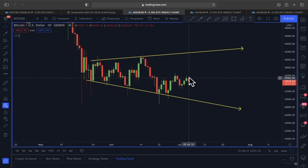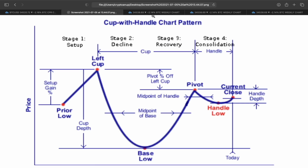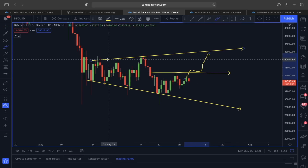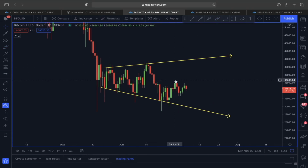So now you can see if this is to play out to the upside, then first what we want is this 35,500 resistance to be broken and price find support above it. And if that is going to happen, then there is a very likely scenario the price of Bitcoin here could also be starting to head towards the top of this broadening bottom. So that's why, guys, what we want right now is price at any cost to break this neckline area around